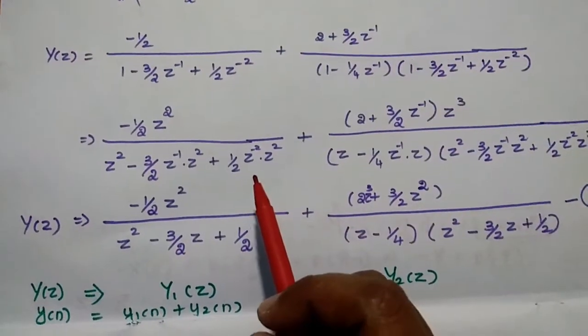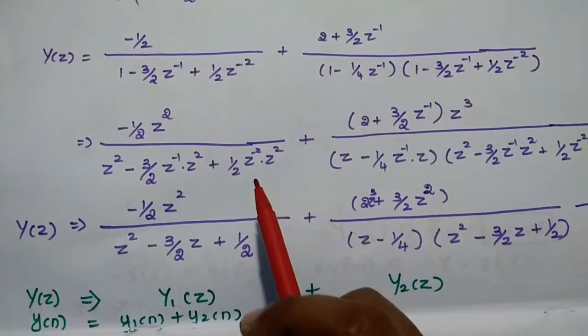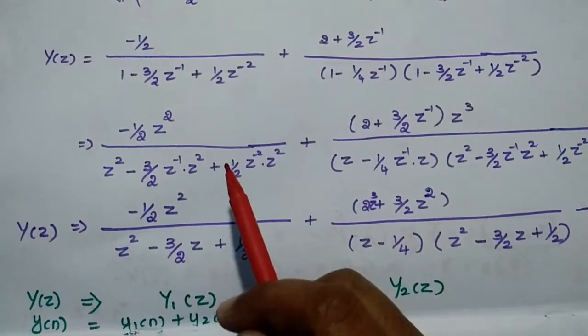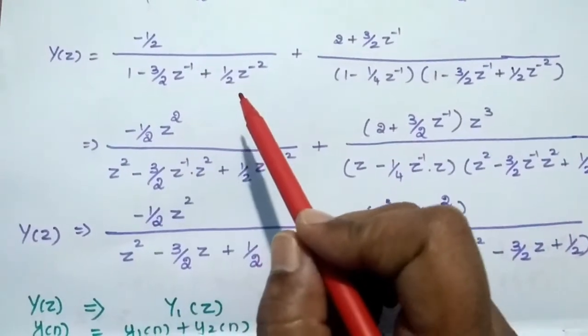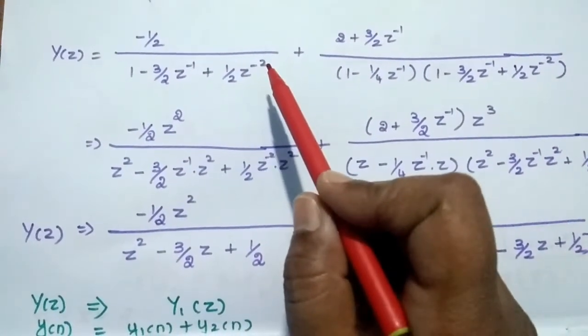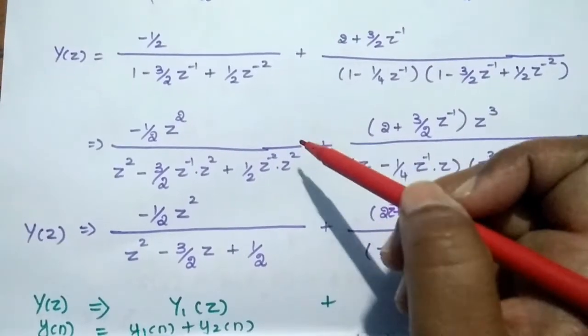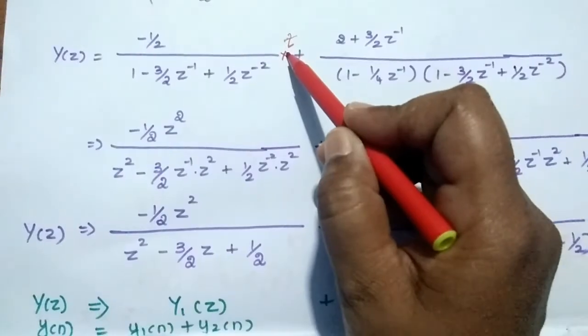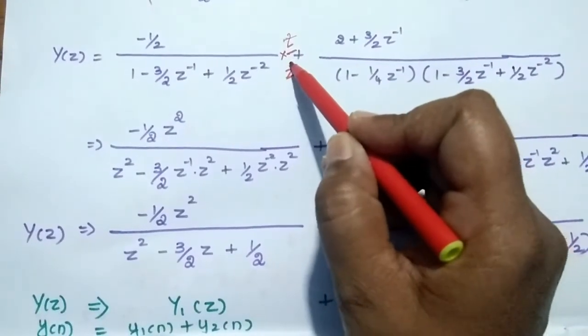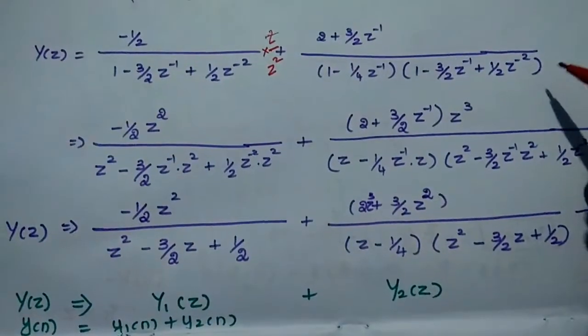We are going to find out the largest power in the denominator or in the numerator, whatever it may be. So in this part, the maximum power is what? Z power minus 2. So in the next step, we are going to multiply the numerator by z power 2 and the denominator by z power plus 2. So come to this part.